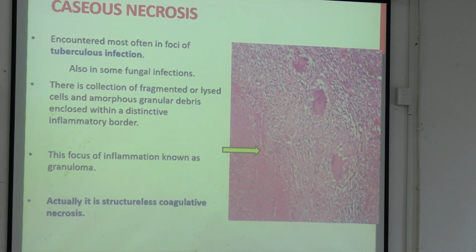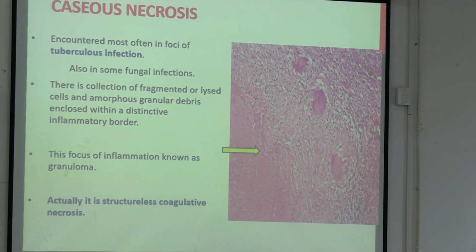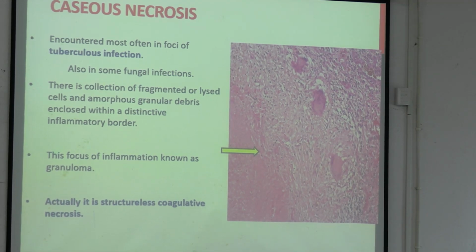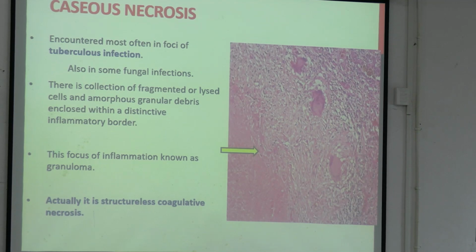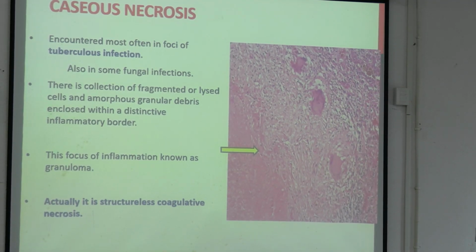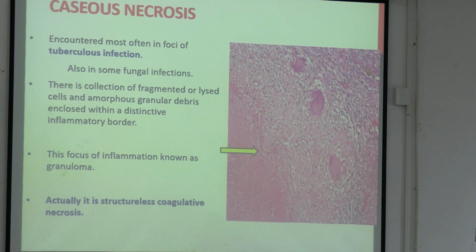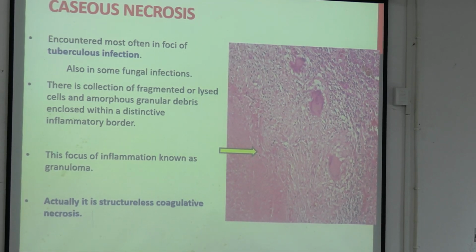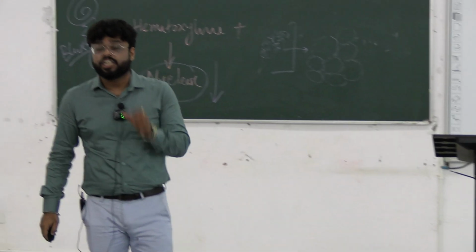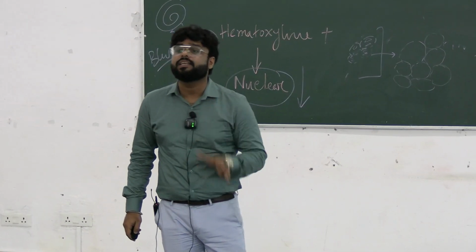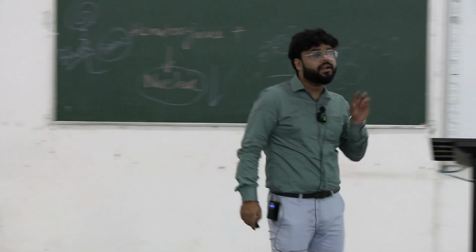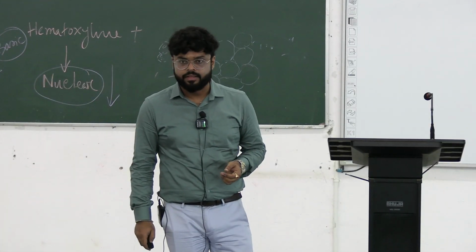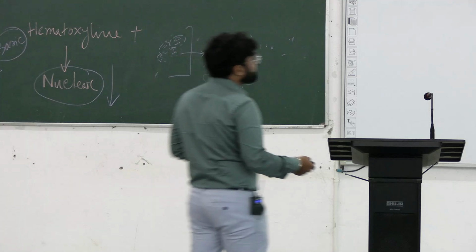Caseous necrosis is a specified form of coagulative necrosis. এখানে কি হচ্ছে? The cellular outline is maintained, but this is in the periphery. At the center of necrosis, there is formation of cheese-like material. The name is suggesting cheese, caseous. The word comes from cheese. So at the center of inflammation, there is some kind of cheese-like material, cheesy material, and surrounding the cheesy material, there will be